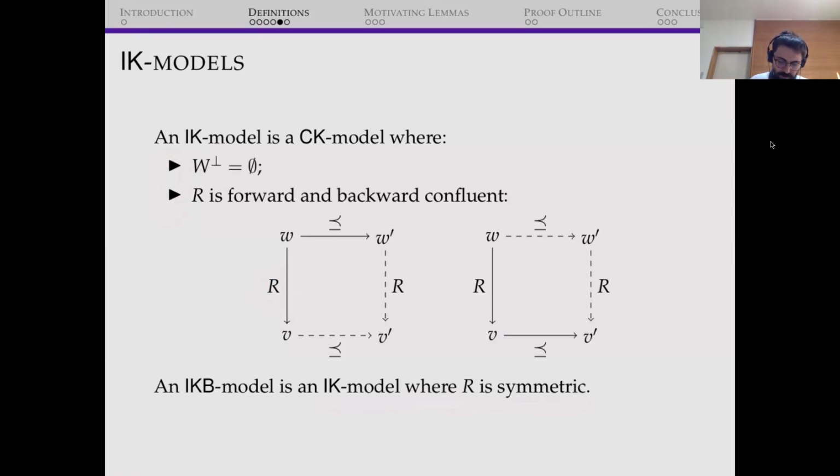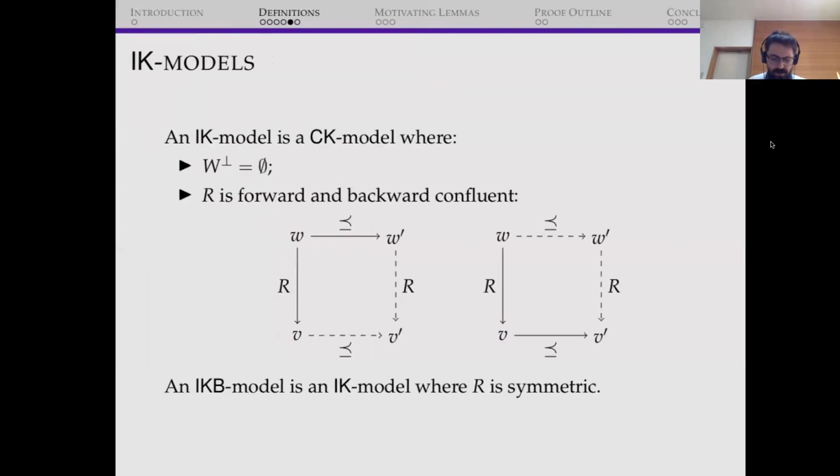But just as a side comment, this forward confluence, when this holds, we can use the standard definition for the diamonds without having to look forward intuitionistically and find something. This is essentially because if you can find someone here which satisfies P, then if this holds and you can find here locally, then when you go above, you can close this diagram and you find something which holds P.